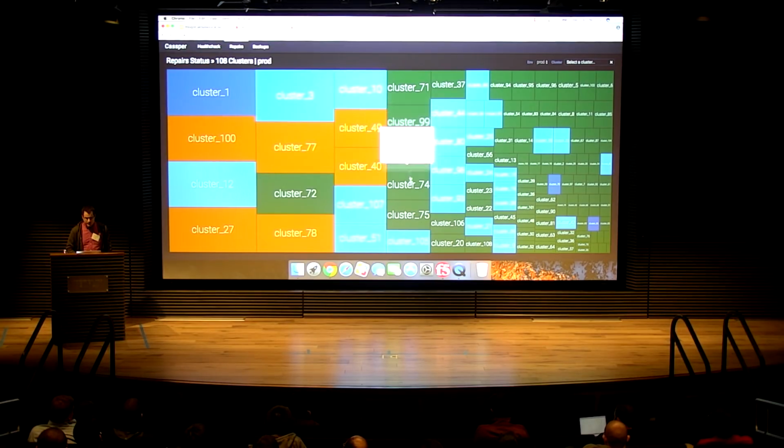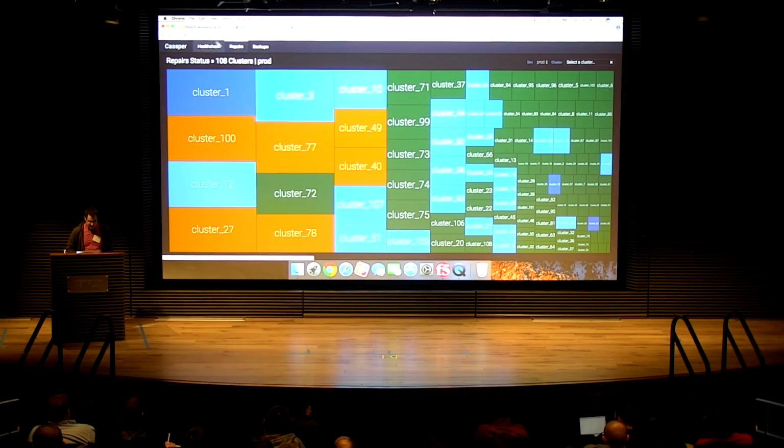The colors here, just real quick, are: green means that it's good, blue means that it's running, orange means that it's been running a long time, and dark blue means that it's running post-repair hooks. That's the final feature of the repair service: after a repair finishes on all neighbors, we can run configurable hooks. So for example, if you want to run full compaction on your size tiered tables after you've finished repair, you can do that. Or, more realistically, maybe you'd want to run cleanup to clean up any data that the node no longer owns after the repair process. But that's all something that can be extended as the user needs.